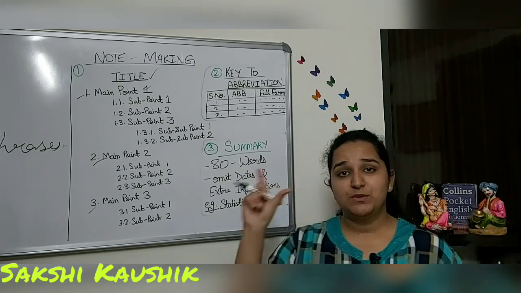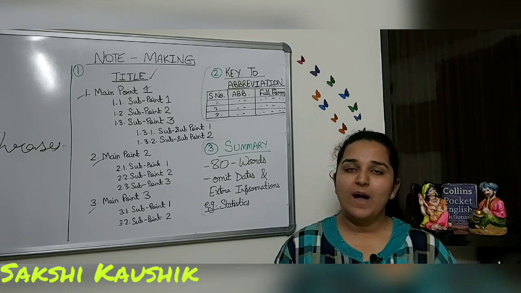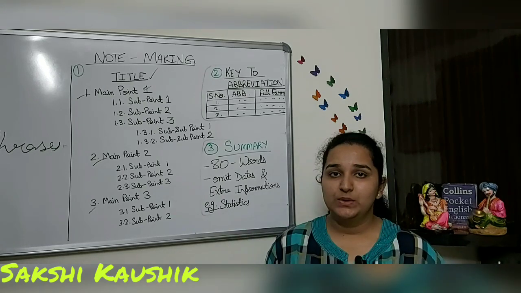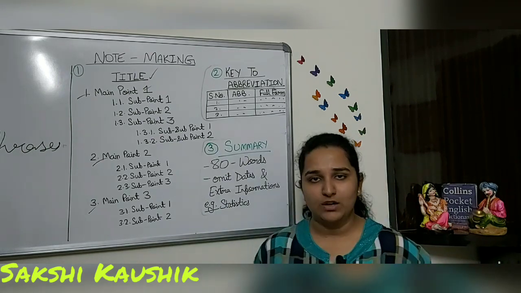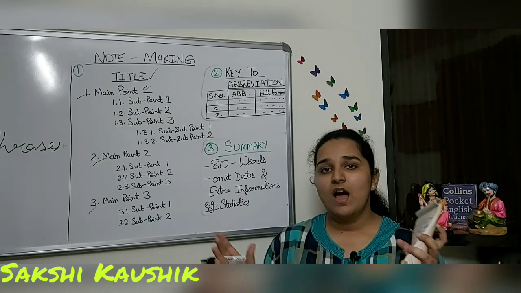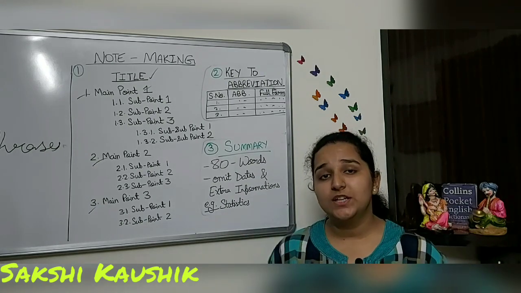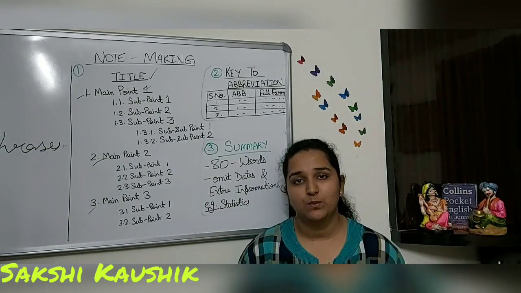Now what is the difference between a sentence and a phrase? If I want to tell you, I'll tell you a sentence. For example, we'll take the sentence from here only. Dora goes to her tuition to complete her homework. This is a sentence. I want to convert it to a phrase. So how can I convert it into a phrase? All the joining words, I'll remove those joining words.